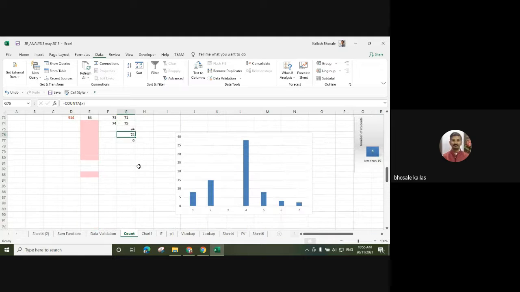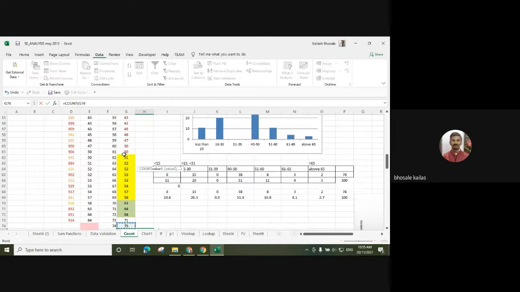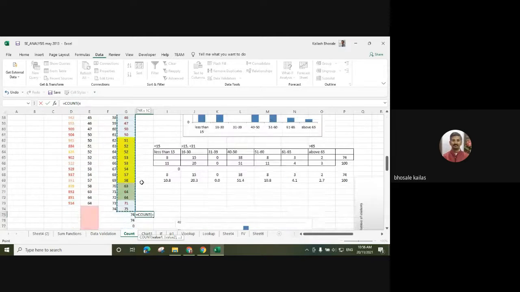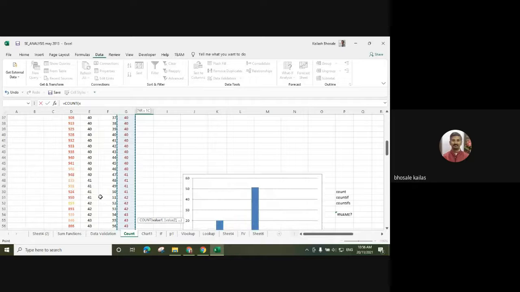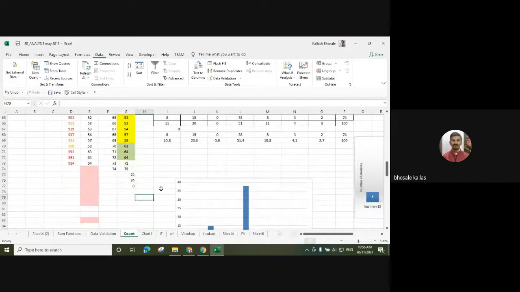Suppose that we can use it. If there are some blanks, for that purpose we can use the COUNTA function. COUNTA counts the number of cells in a range that are not empty.